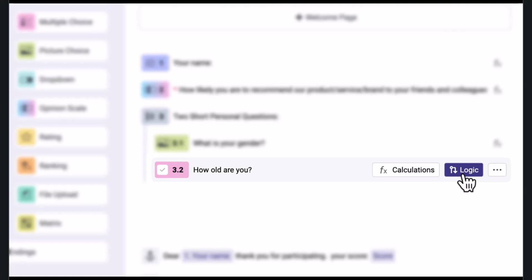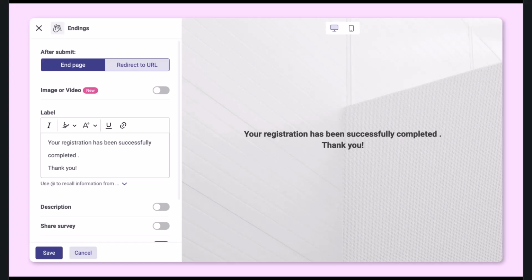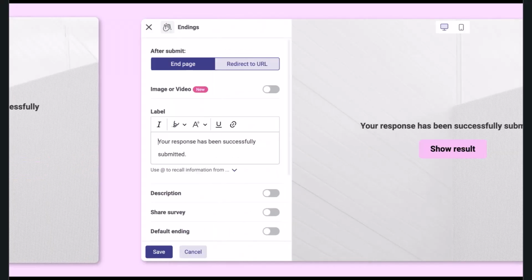Customizing the end page is a powerful way to guide your audience and leave a great impression. It's available on Porsline Pro and Enterprise accounts. If you're using the free plan, you can still try it out